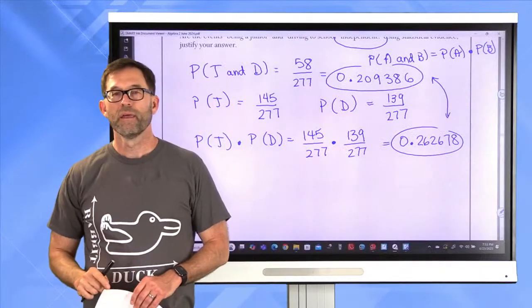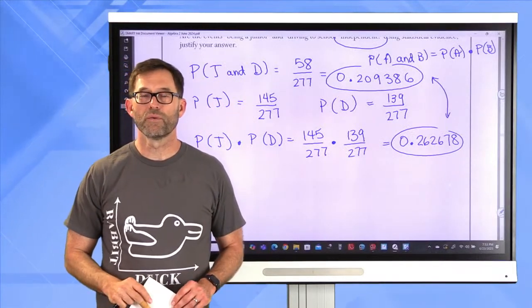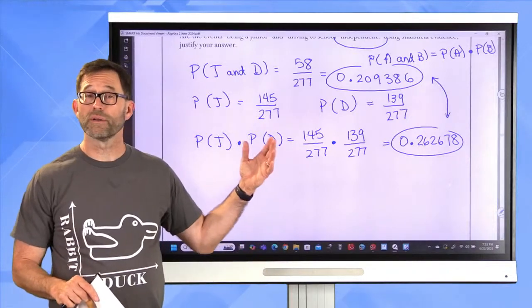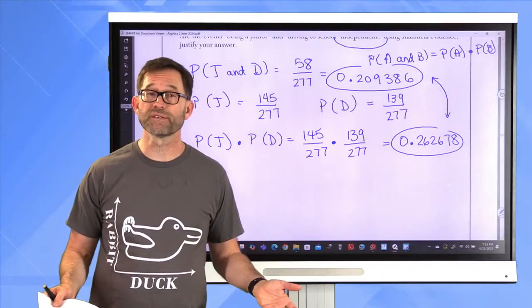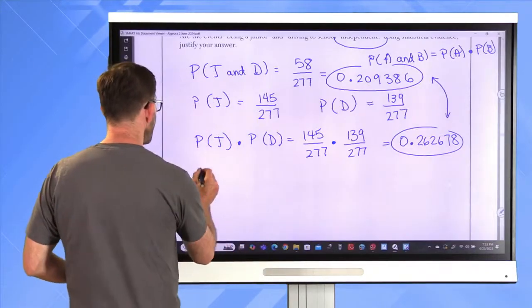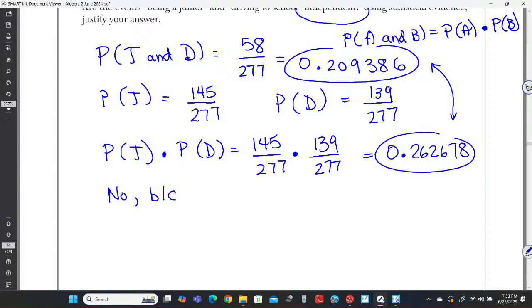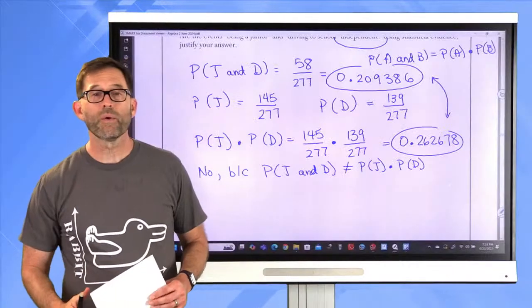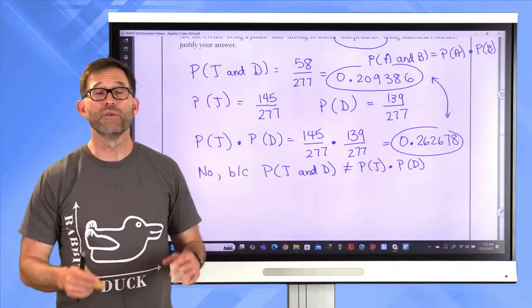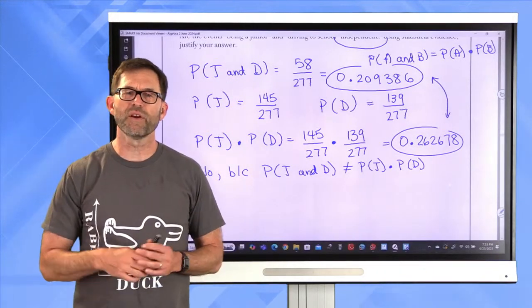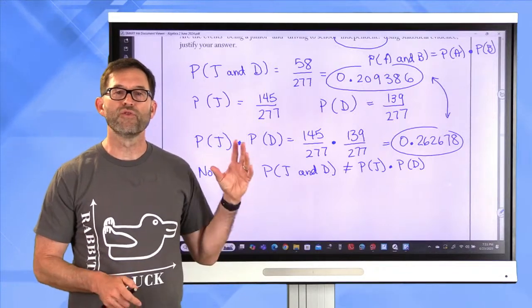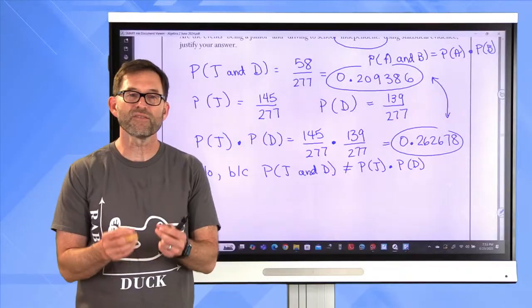Right? Now notice that those aren't equal to each other. So it fails the test for independence. So we would say no, because P of J and D doesn't equal P of J times P of D. So that is one way of doing this problem, and it's most likely the way that you did it quite a bit in class, right? Because it's very straightforward, it's very easy. The thing that I don't particularly like about this method is that it doesn't get to the heart of independence,